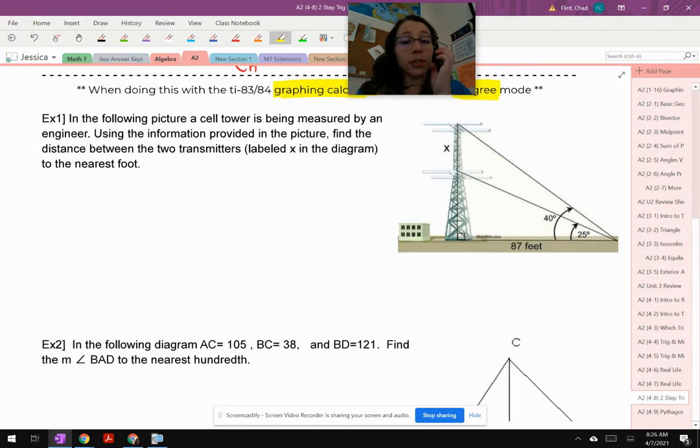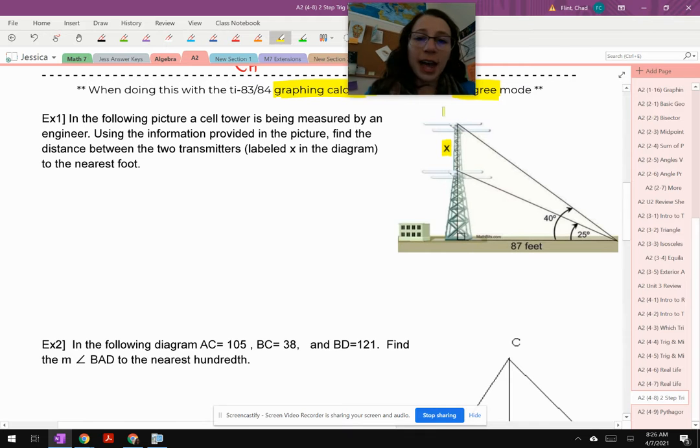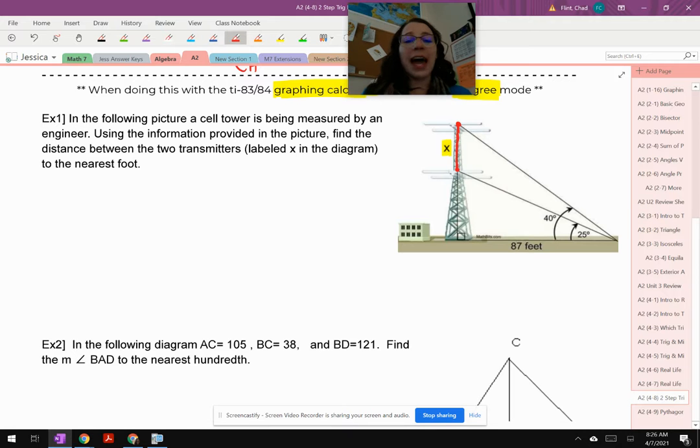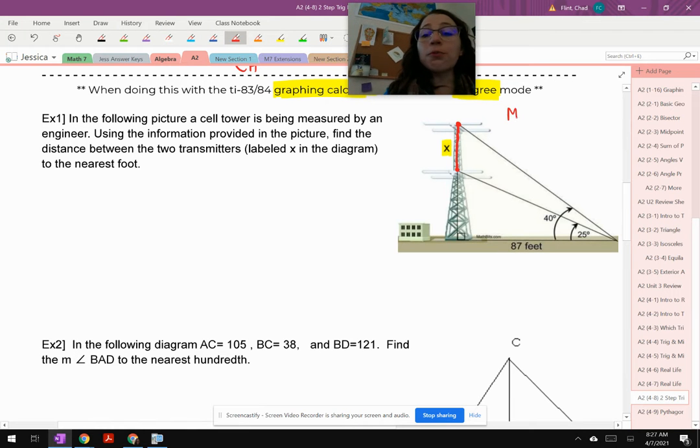We know that we're ultimately looking for this X right here. That's what we don't know. That's what we're trying to find. But if you notice, that X is the distance from one transmitter to the next, which is not part of a right triangle. We have to have a right triangle. You must use the right triangles,